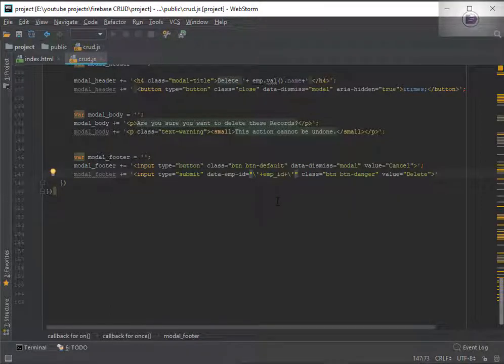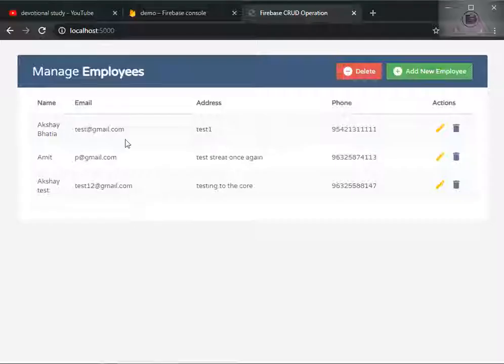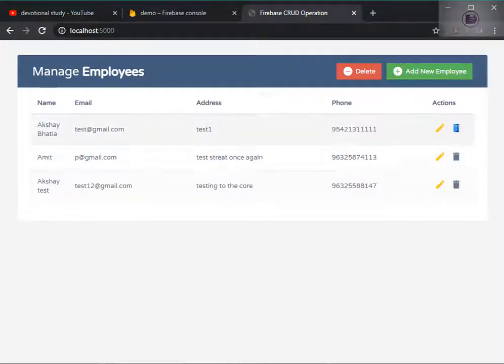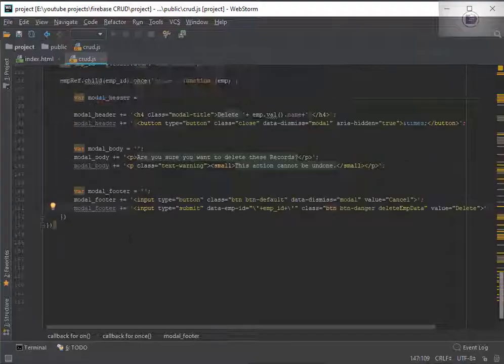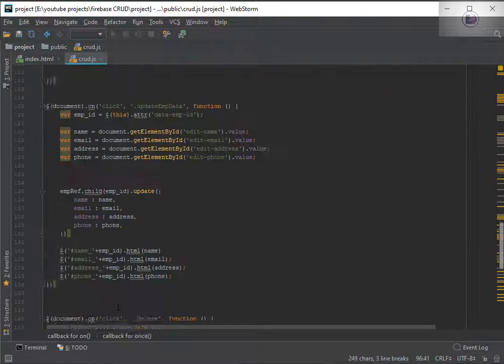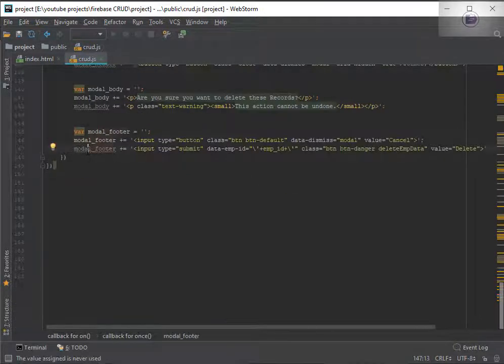Right, so we just add it here, copy paste, and then the class. What class can we use? We can use the delete employee data class. So we'll just add the class here, delete emp data. So we need to bind the action. Before we bind the action, let's check out our model, how it looks. So we'll click on the delete action. Okay, it's not populating. Sorry, we missed one part. We need to use this structure, so we'll copy this, because we need to complete the model